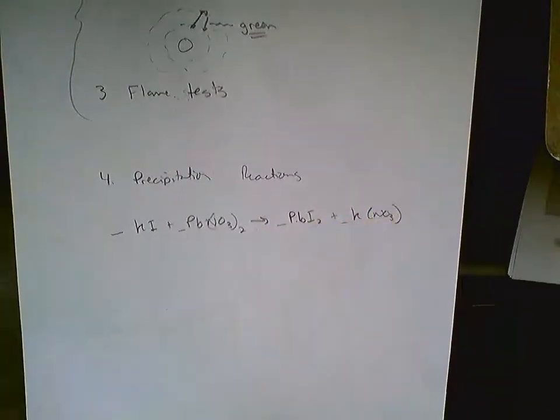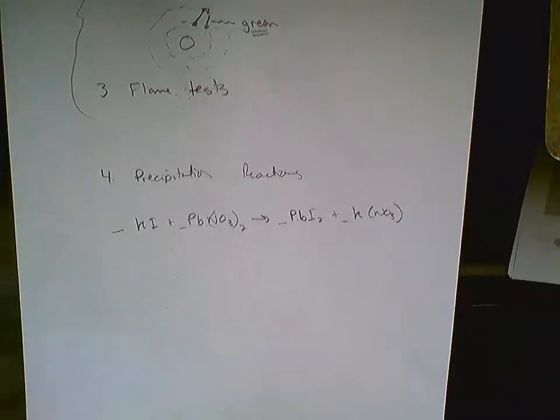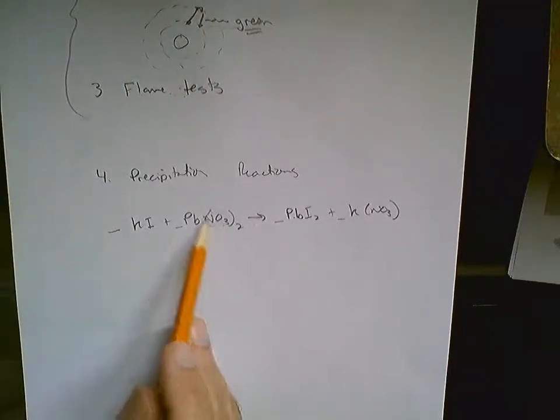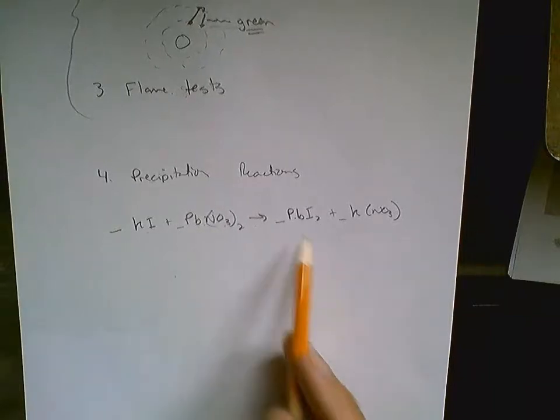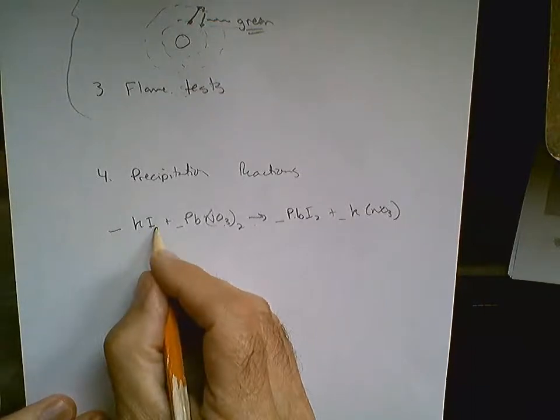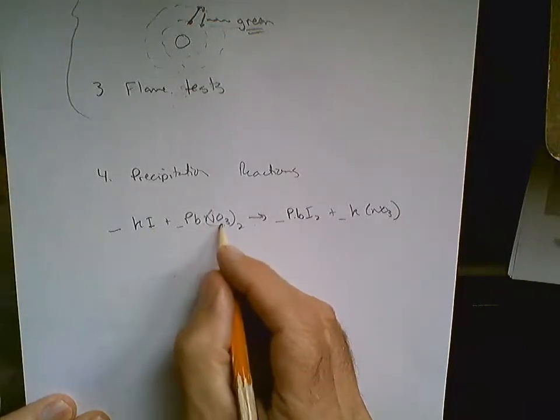Another qualitative test is a precipitation reaction. If we mix 2 chemicals together, and this is aqueous and this is aqueous, now aqueous means things dissolved in a liquid, one of these may become a solid, and that's a precipitation. So this one's a famous reaction, and we'll use this to review balancing. We have potassium iodide, or KI. We've got lead nitrate,